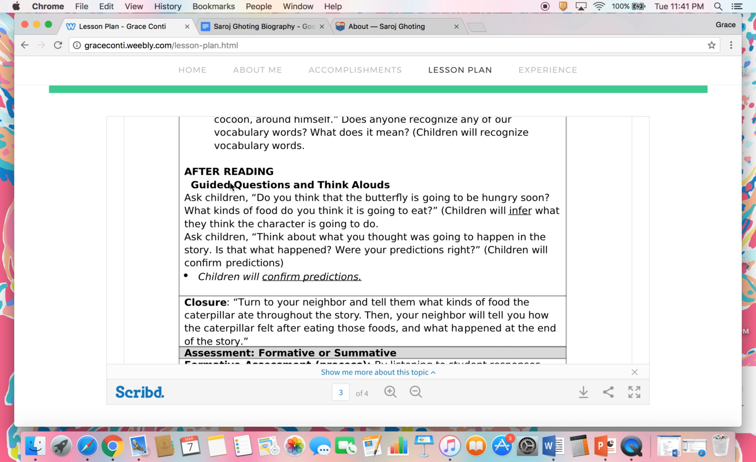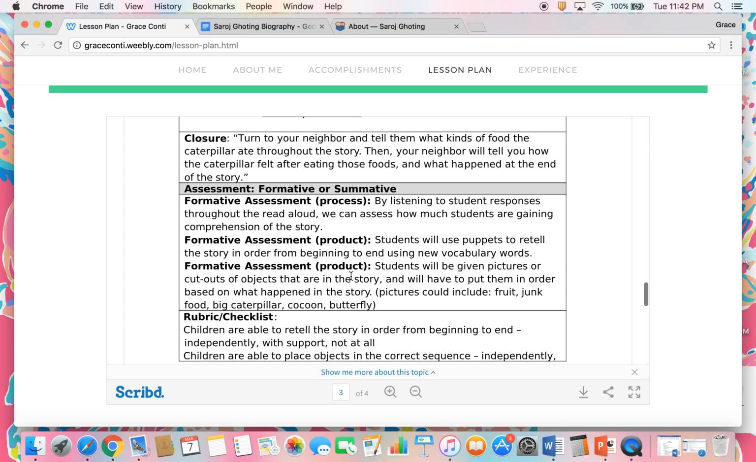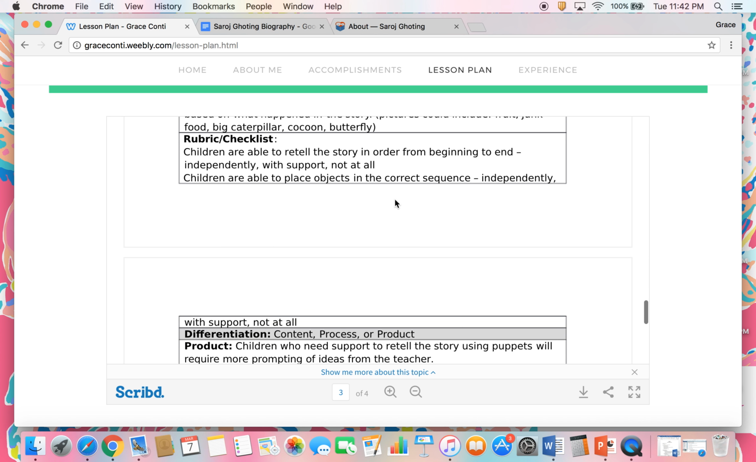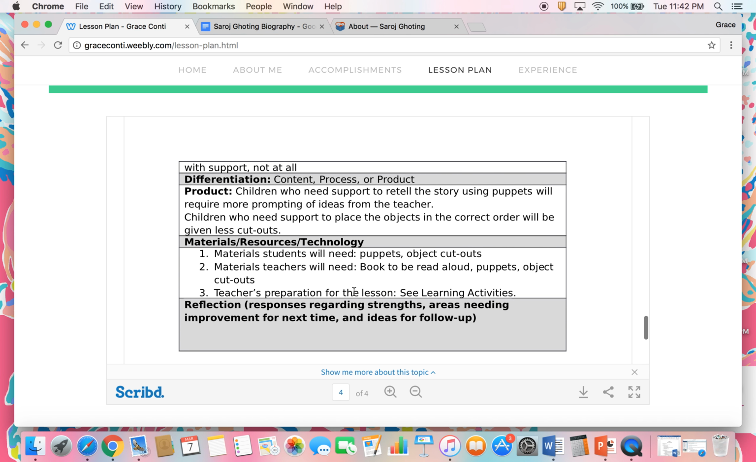After reading, again, the same thing, a closure. And then I have a formative assessment during the reading, and then after the reading, having the kids put some pictures in order or using puppets to retell the story. Just a checklist to make sure the students are understanding the story, and the differentiation and materials that I would